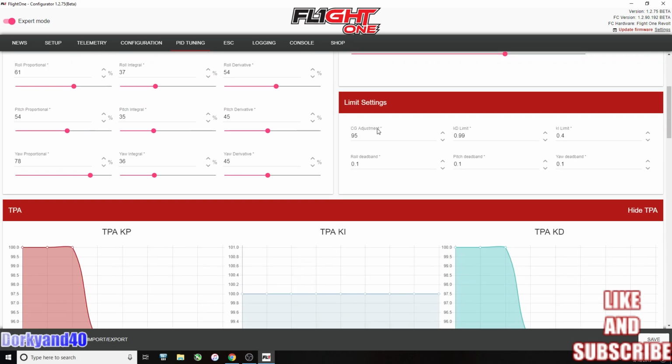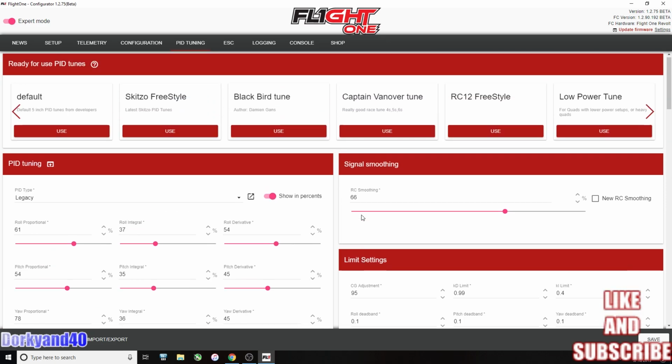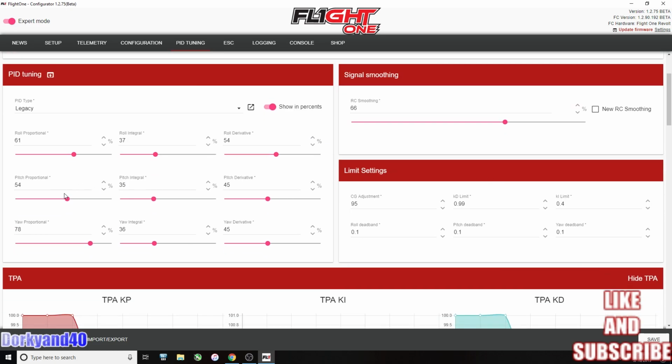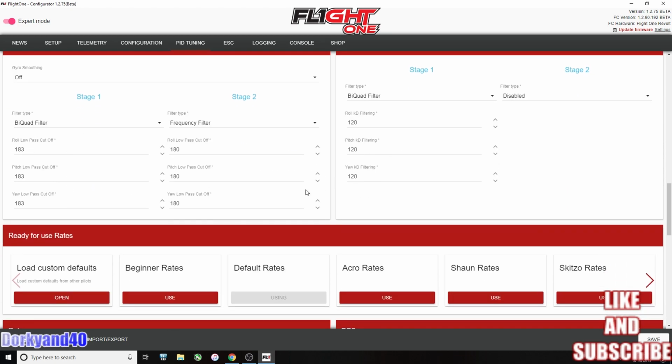And then they also have the CG adjustment, which is like your anti-gravity gain. So you can adjust that if you get nose bobs and all that kind of stuff. As far as my flights go, I haven't had nose bobs in forward flight, but I noticed that after a punch out I've had my pitch dipping, and that's probably because the low power tune has slightly lower pitch values than roll. But when I increase the pitch a little bit more than stock, I start getting some weird oscillations, and it's probably because the filters are just kind of weird and not right,